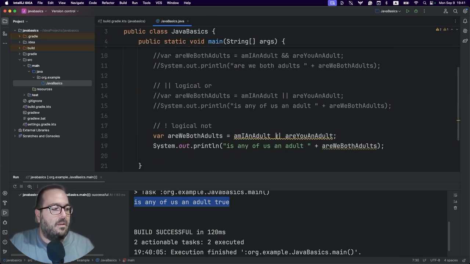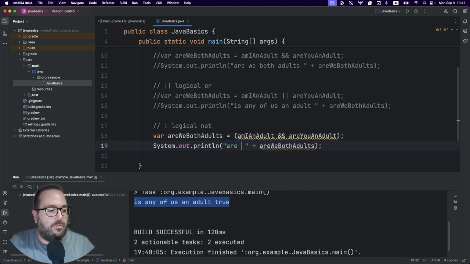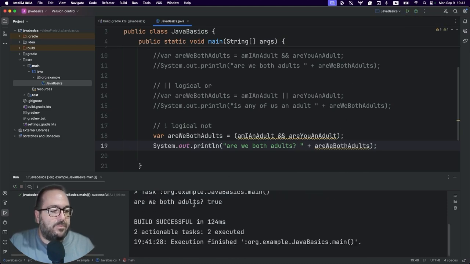Very nice. We are going to compare this with an AND operator, right? Or it doesn't really matter. And I'm going to put that inside a parenthesis. Are we both adults? And let's see, are we both adults? If we run that right now, it's going to be a true.